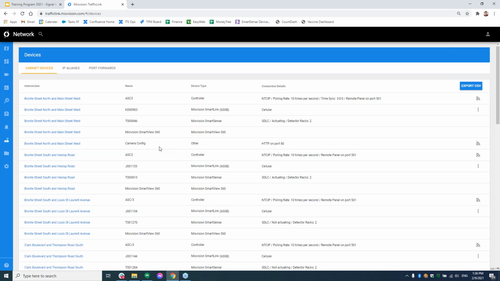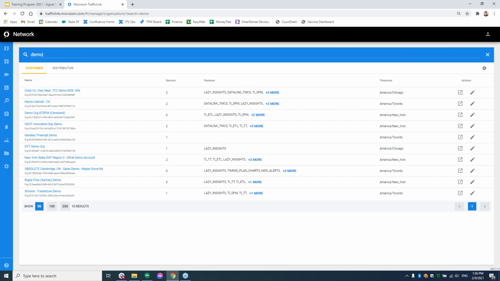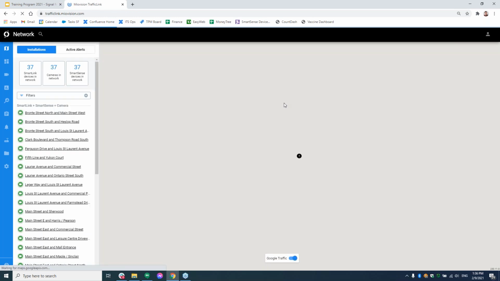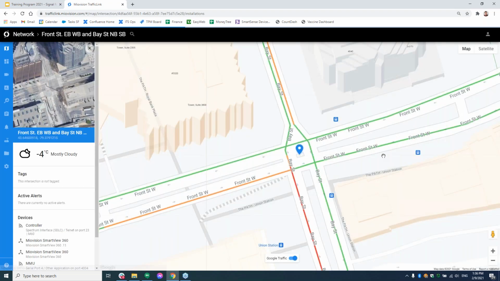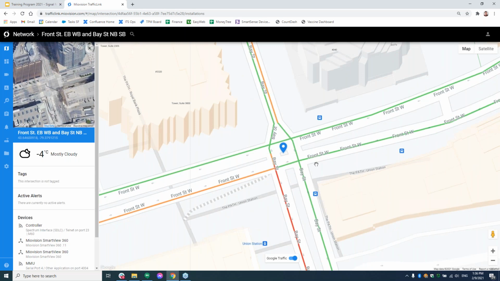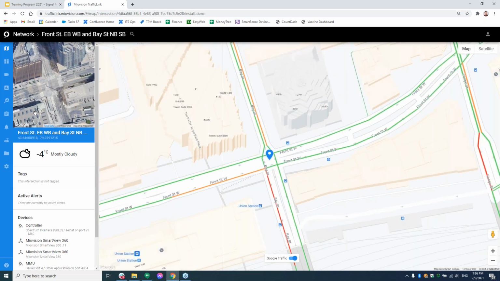But beyond the MyOvision devices, it allows us to connect things like traffic controllers or conflict monitors or whatever it may be. And so I'm going to jump over to a demo cabinet that I have set up just so that I can show you some of these features in a cabinet that's in my office, wherever the office is these days. It's not that I've been allowed out of my home office for a while, but back in my office, I have a demo cabinet set up that I can play around with.